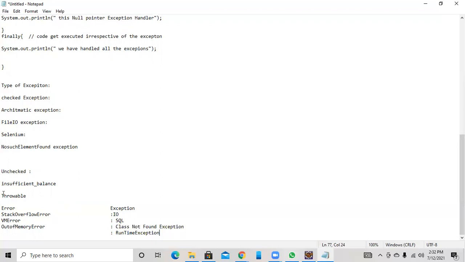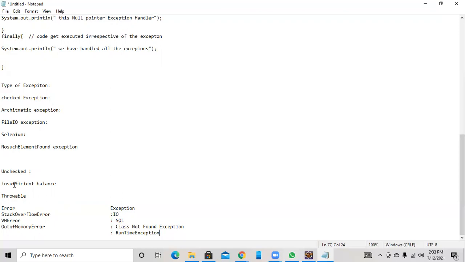As I told you, checked exception and unchecked exception. A checked exception is a class which directly inherits the Throwable class, except runtime exception and error. That means IO exception, SQL exception, class not found exception are checked exceptions.